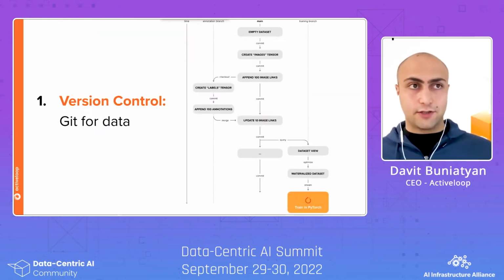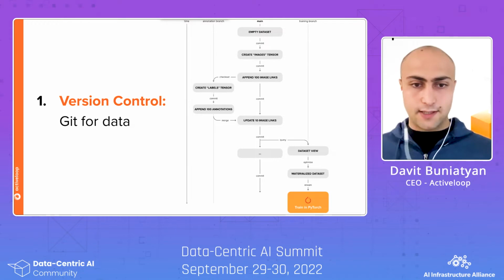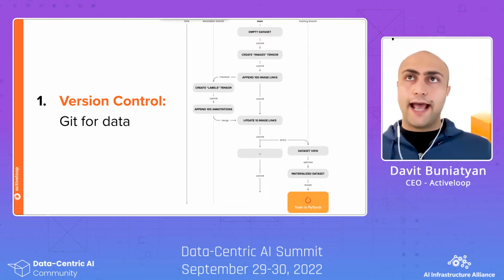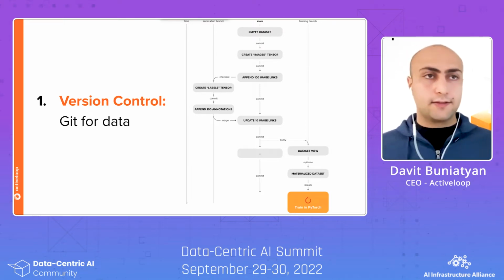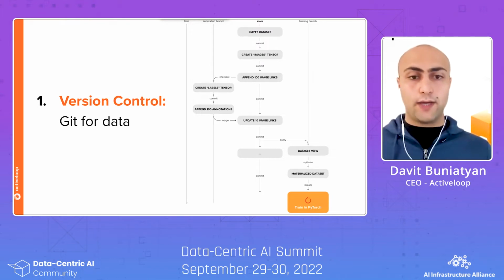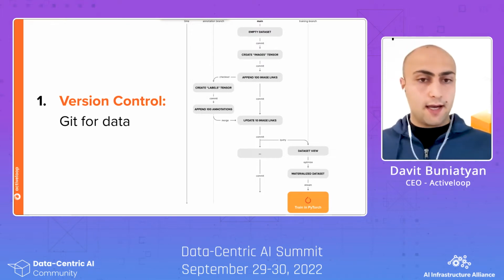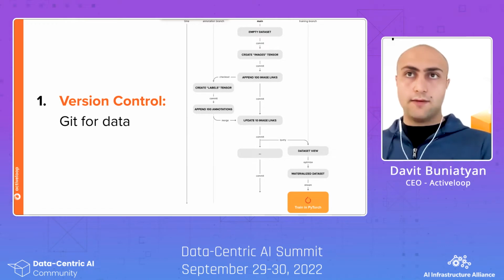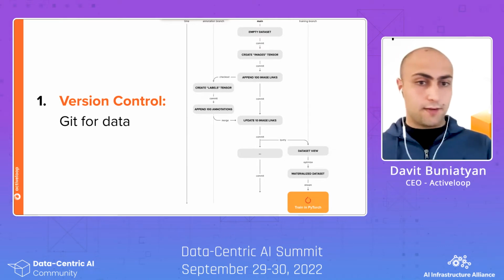First of all is the version control. You can think of it as a Git for data, but there's no Git running behind the scenes. It helps you to connect to the data, and then you can see the full lineage, how we can go from an empty dataset, create an image tensor, which is your column, append 100 image links, which are the pointers